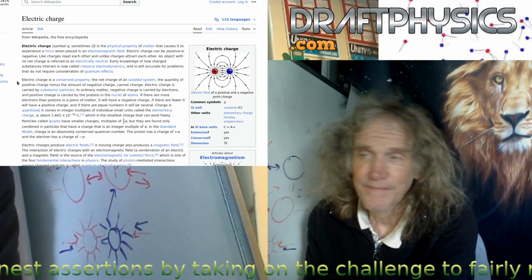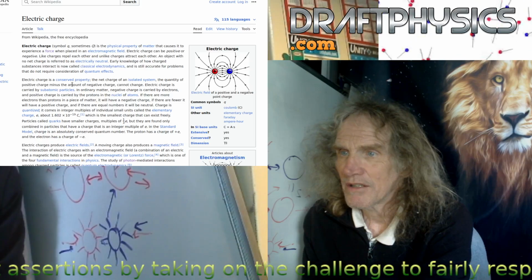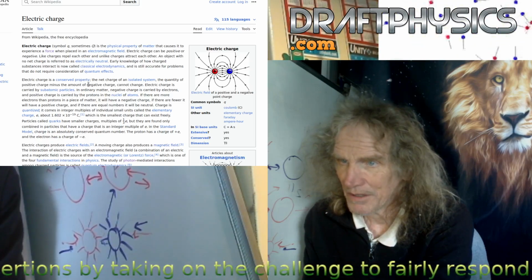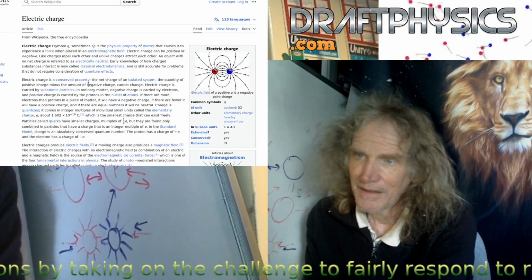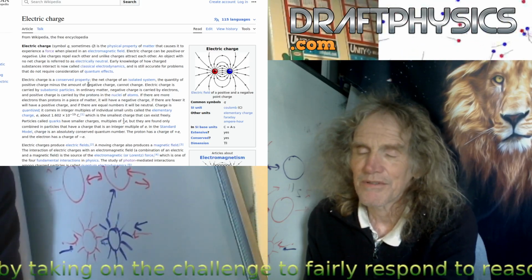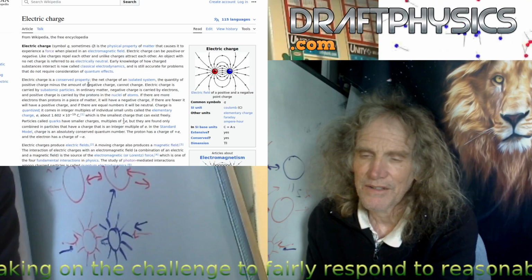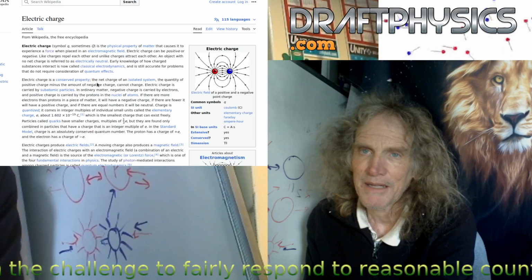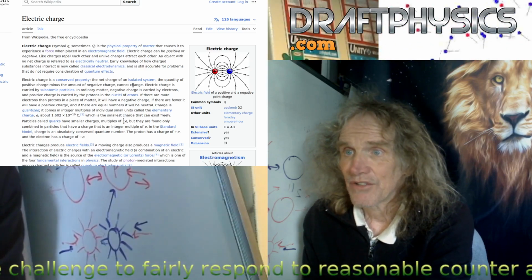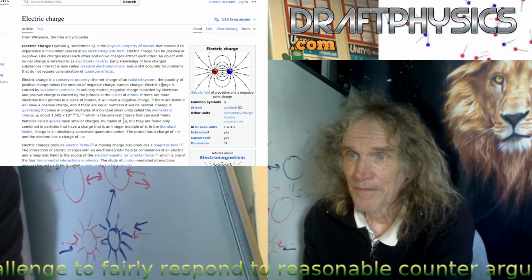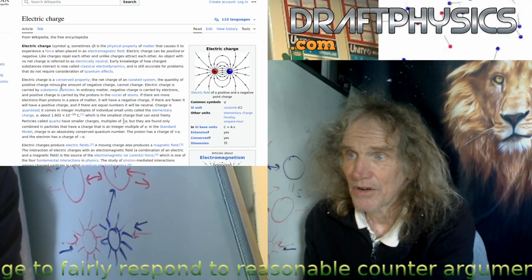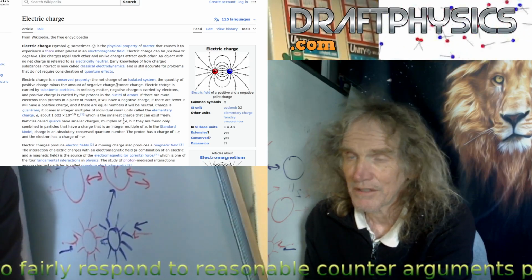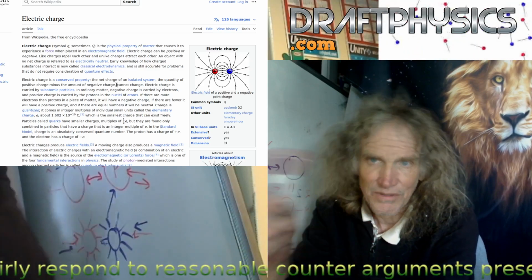Did you know that? Electric charge is a conserved property. So that's a sort of tricky language. Obviously the idea is you can't destroy charges and you can't make them disappear, or you can't make them reverse. The net charge of an isolated system, the quantity of positive charge minus the amount of negative charge. Now the amount of charge is measured in these units of what the